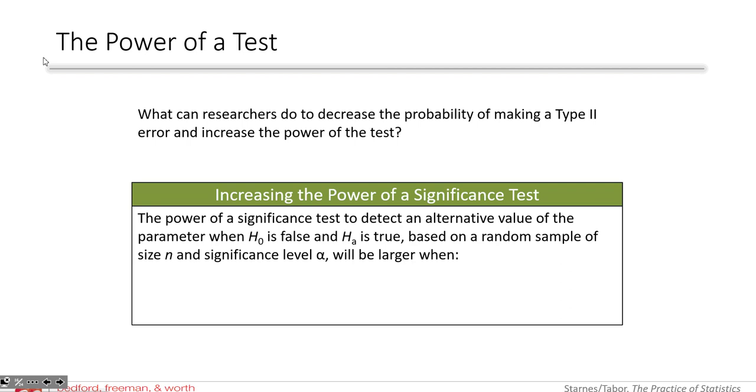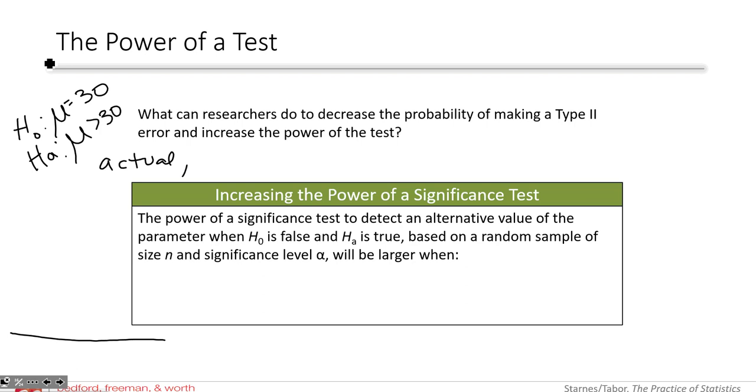So let's go back to the previous battery example. And let's think about HO was that mu is 30, HA was that mu is greater than 30, and we said that the actual mu was 31, right? Again, this is all assuming a specific actual population parameter value. All right, so when I check my conditions and I do my hypothesis test,